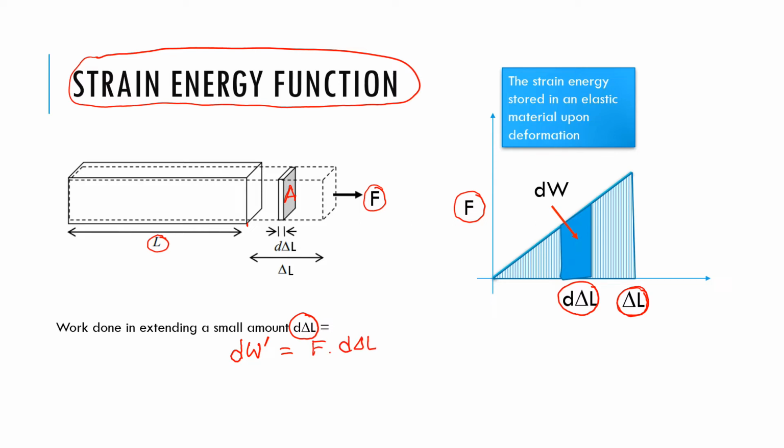So this is good old work done is equal to force times distance. Now work done per unit volume would be divided by A times L, and so here also divided by A times L. So let's call this quantity dW, and that is equal to F over A, which is the stress, and d delta L,